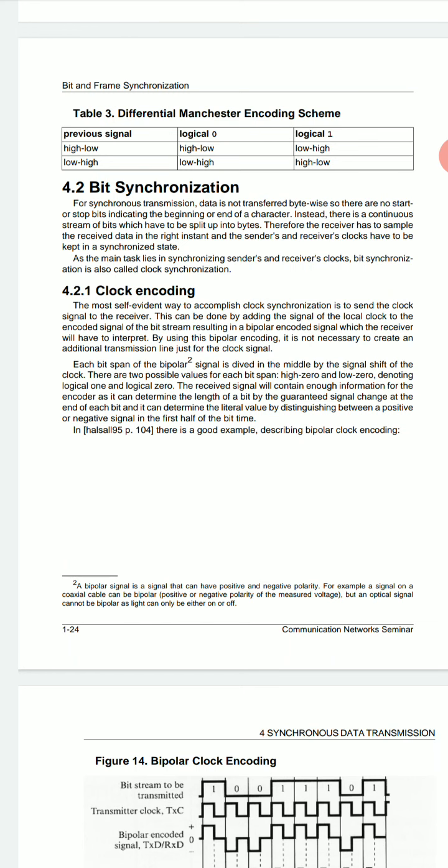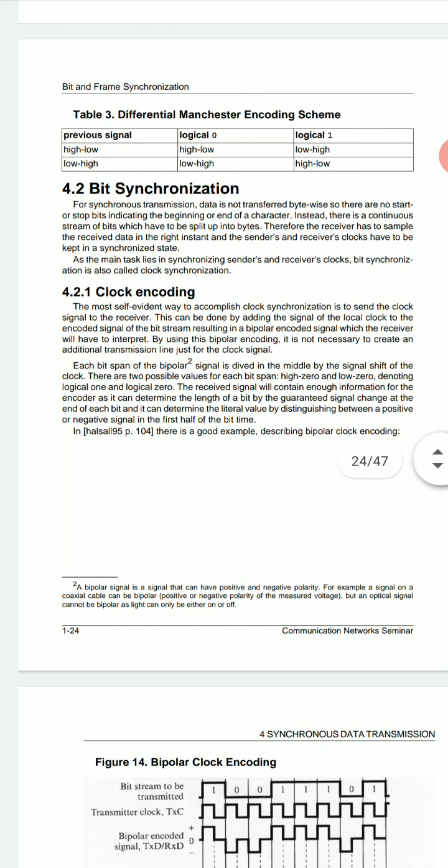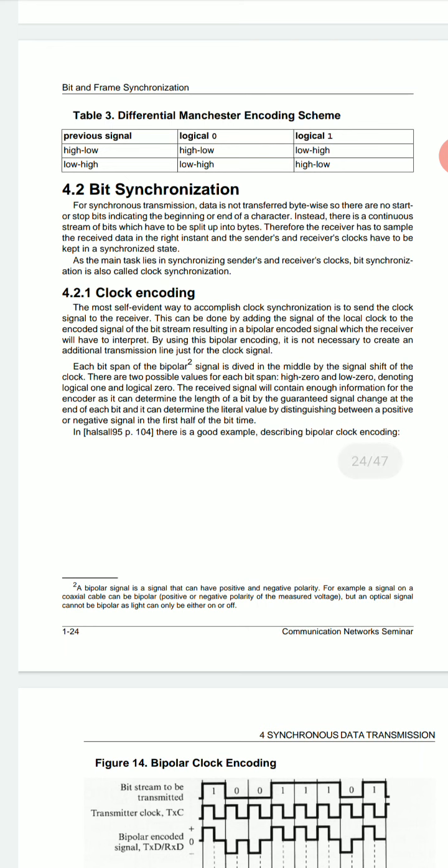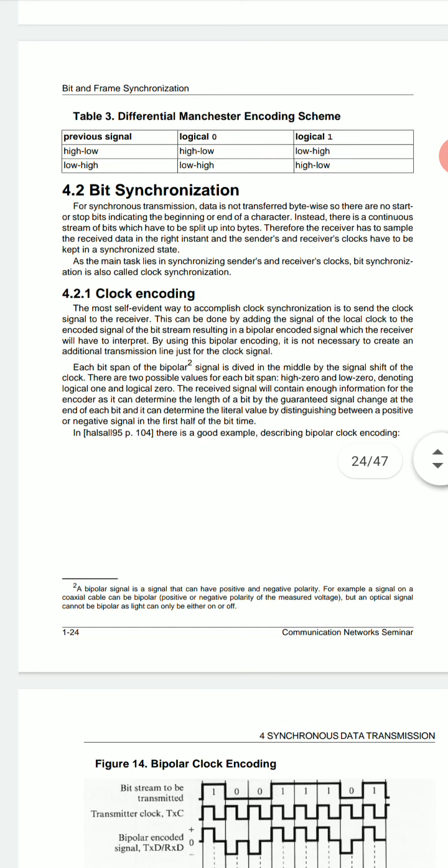Second, transmitting the clock from the transmitter to the receiver. Third, extracting the clock from the signal, which we call self-synchronization. So when we are talking about bit synchronization, we can use these three methods. So here the first method,